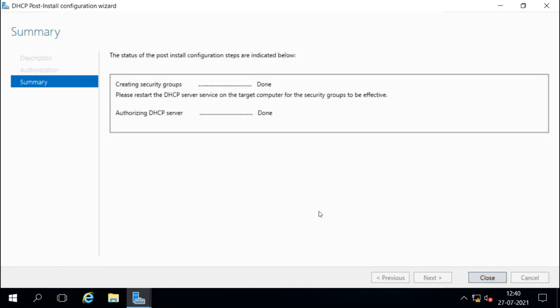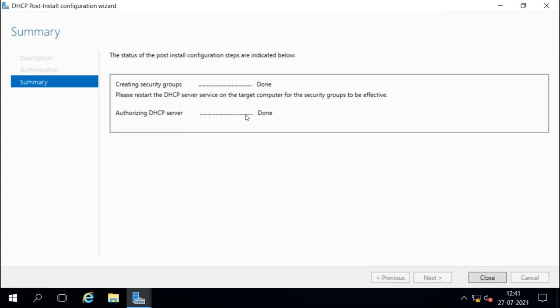Now it has completed the post installation configuration. It says that security groups are created, and please restart the DHCP server service on the target computer for the security groups to be effective, and the DHCP server authorization is also done.